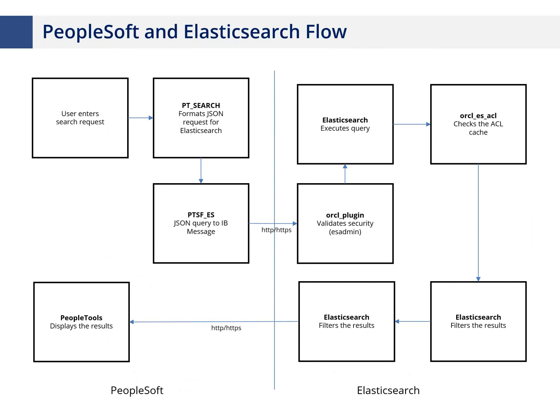So from a security perspective, how does this all work? This is always a big question when we start working with a client on PeopleSoft and Elasticsearch. What's happening behind the scenes? There's actually a lot happening behind the scenes. So it's very important to at least get a basic understanding of this flow: I'm in PeopleSoft, I type in a search request, what actually happens? How does this work, and how do I make sure that I'm authorized to do this query